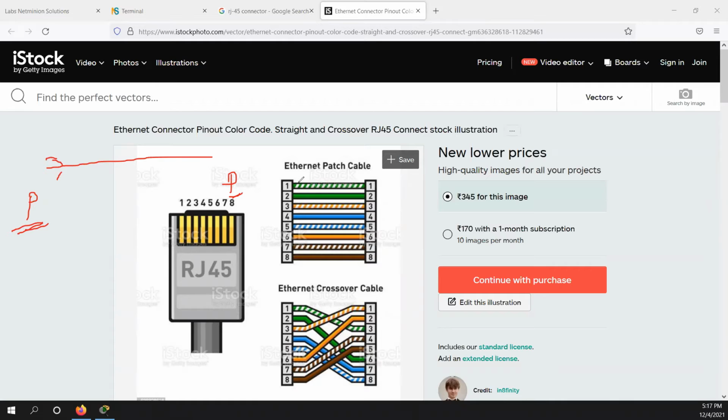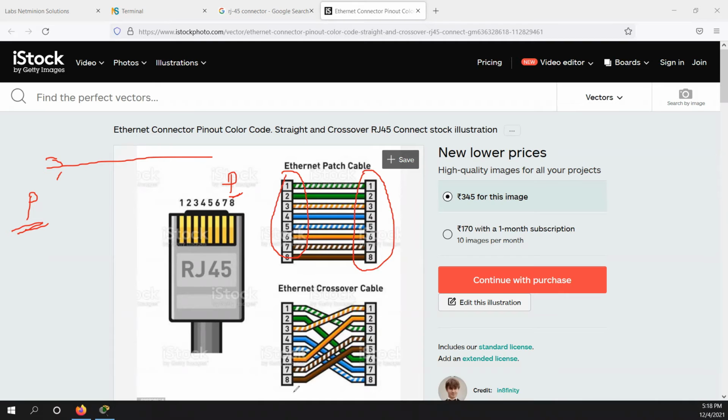So you can see here, for example, on one end you are putting white green, green, white orange, blue, white blue, orange, white brown, and brown. So if you are putting these pairs on this end, and the same things on the second end, that is known as a straight cable or patch cable.